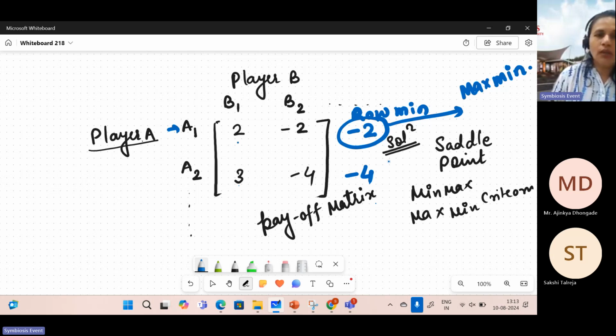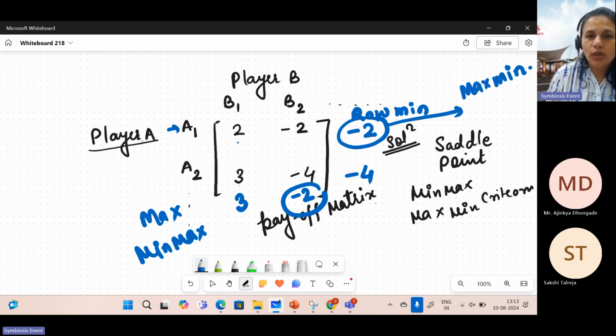In the same manner, if I write in favor of player B, I'm going to have the maximum of it. So that is going to be 3 and minus 2. And then you take the minimum of that maximum. So that is coming how much? Minus 2. Right? So this is minus 2, this is minus 2. So what can I conclude? I can conclude